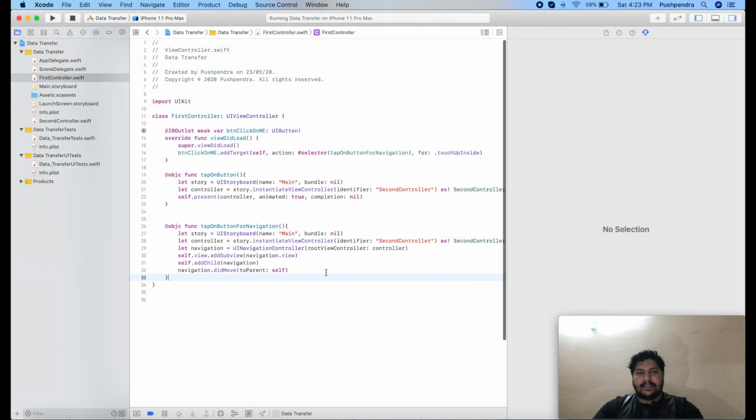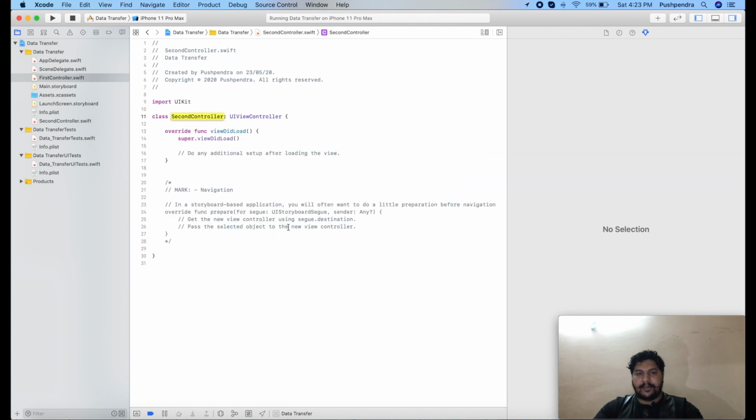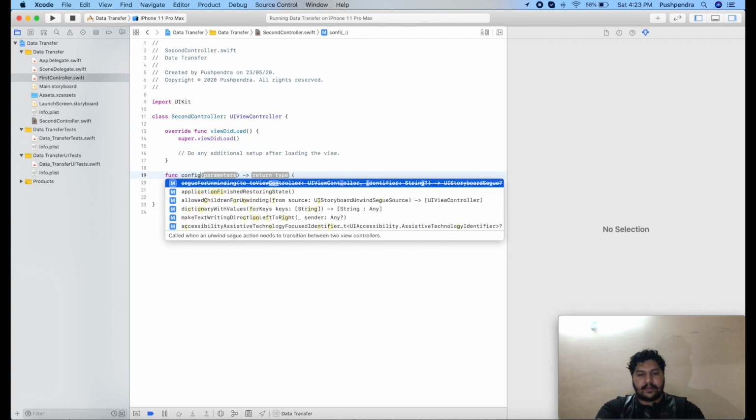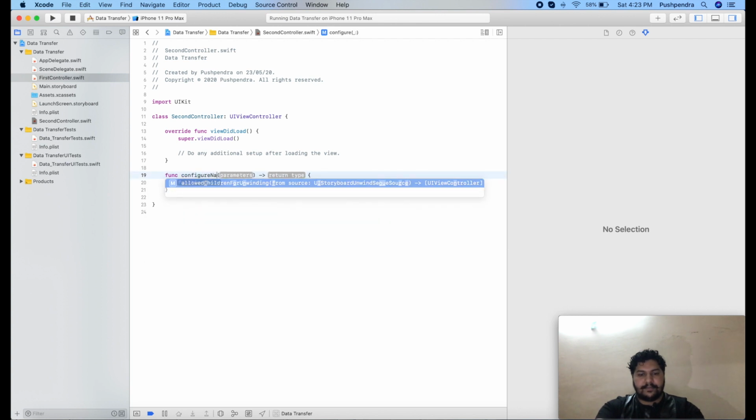So guys, this is the code of my previous video. Here I will open my second view controller, and here I'll delete this code and I'll give one method called configureNavigation. Here no parameter, return type also nil.